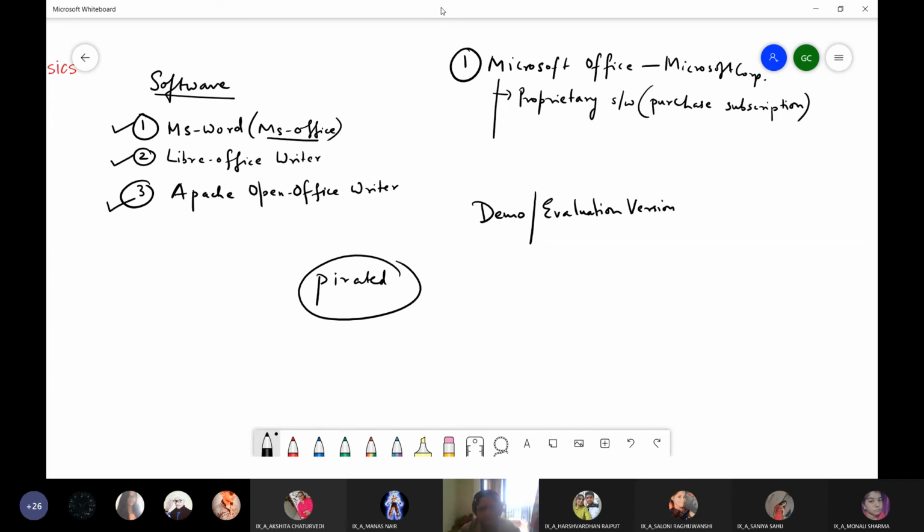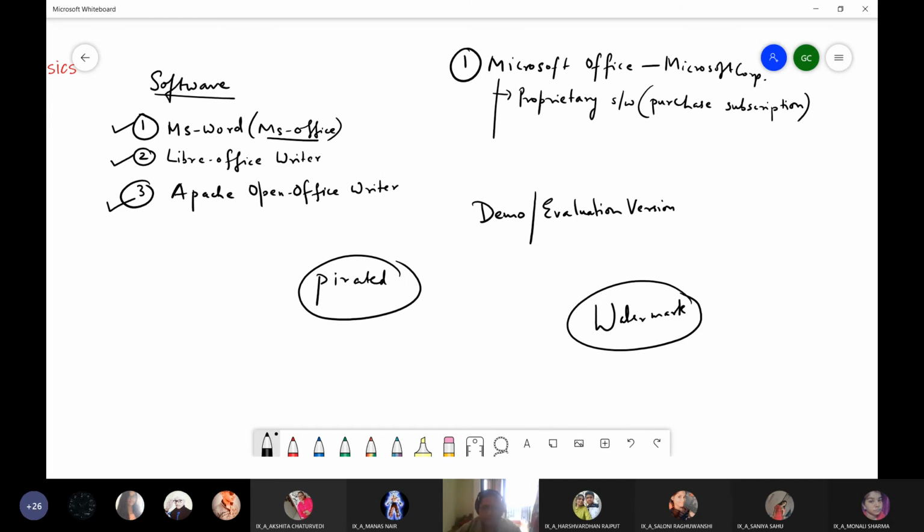You might have seen it with most softwares and mobile apps also, that if you are using a doc scanner app, it will allow you to scan, but it will also include a watermark at the end, like Wondershare Filmora. If you don't purchase it, it will no doubt allow you to edit the video, but once you export the video, it will insert a long watermark, right? So that is because if you want to remove the watermark, you'll have to purchase the software.